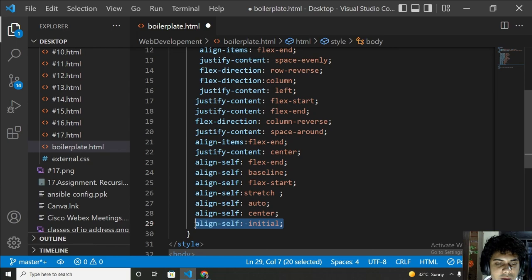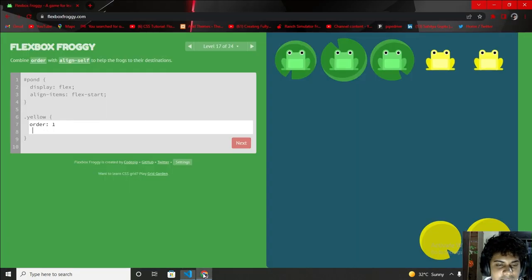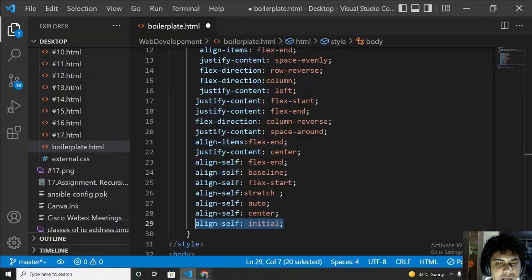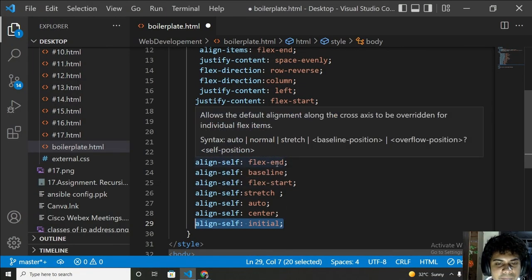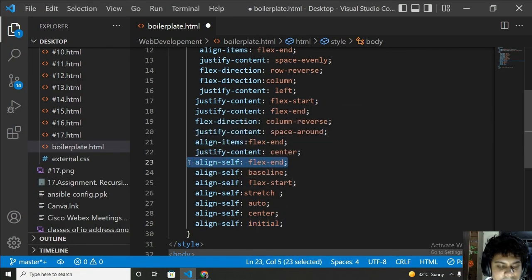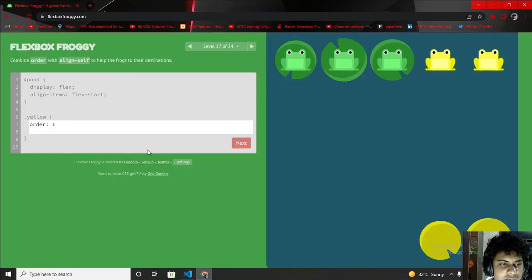Okay, I'm just hitting and trying. It is also not working. I don't know why. Let me try flex-end here. Okay, flex-end here, and let me change the order. It is not working.